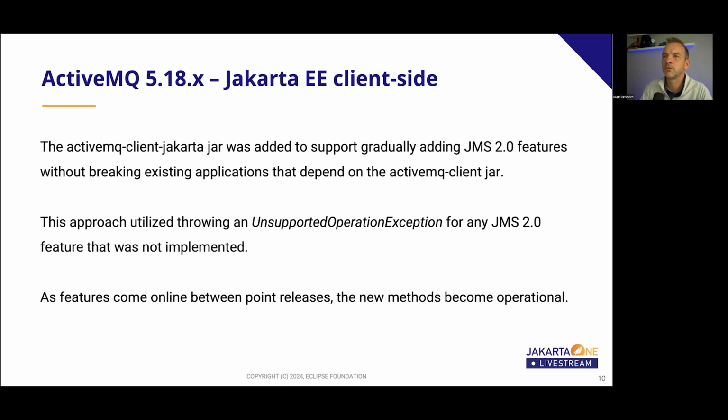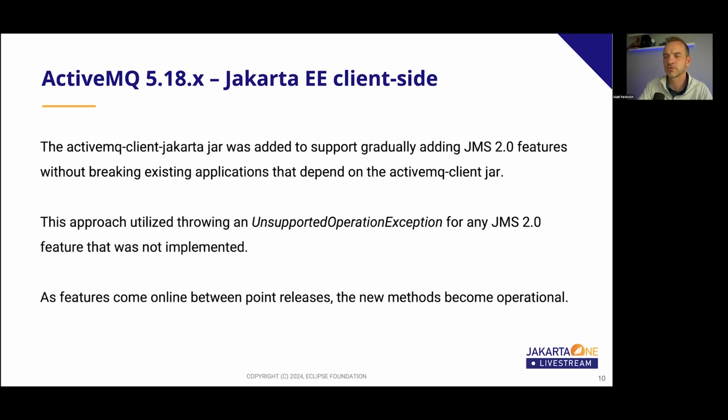And to do that, if you remember earlier, we talked about how we had to start adding JMS 2.0 features. Well, we didn't want to tightly couple all that work. It would have been too much. And in the open source world, it's hard to get all those votes to get all the approvals out. So we wanted to do everything very incrementally. The novel approach here was that by implementing this new module, it being new, we're not breaking semantic versioning. We could start adding those new methods one at a time during point releases.